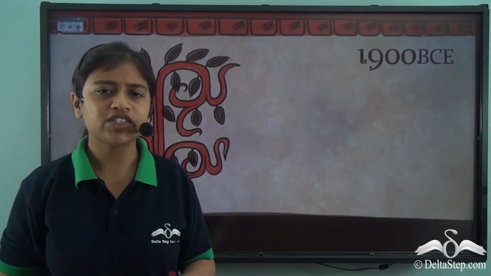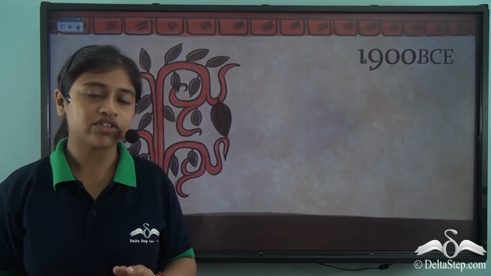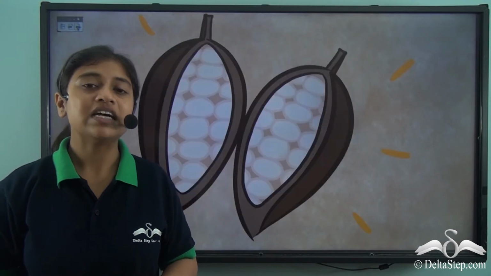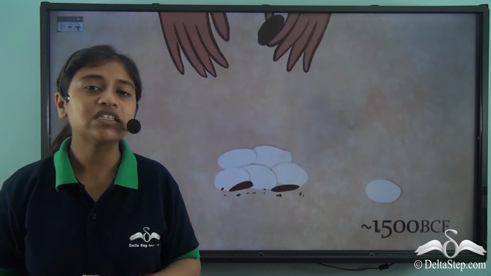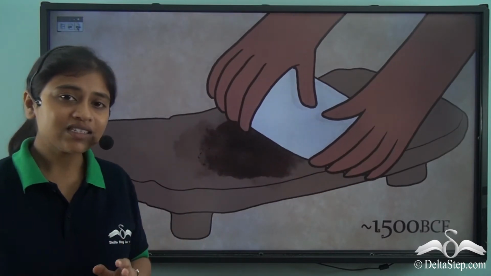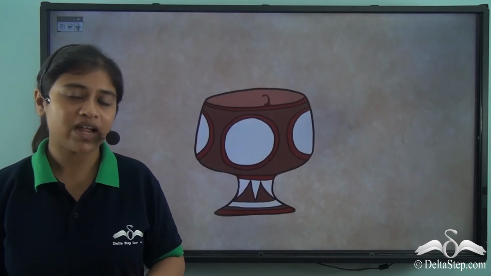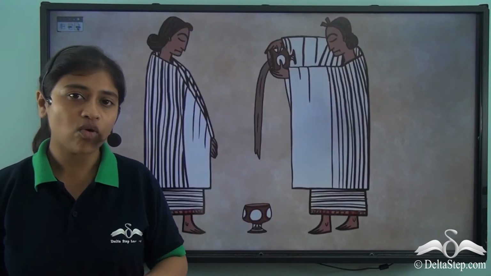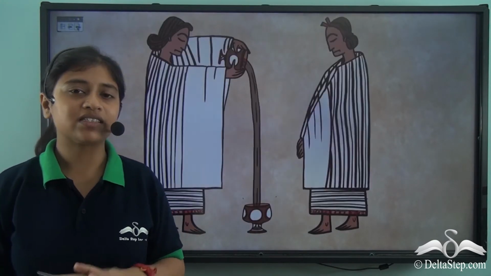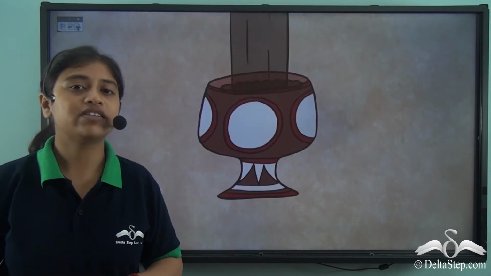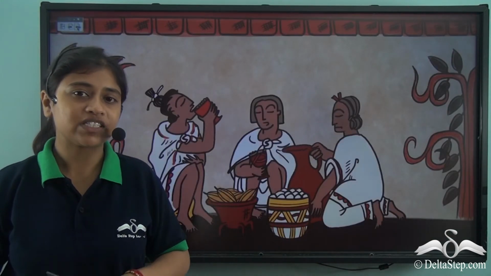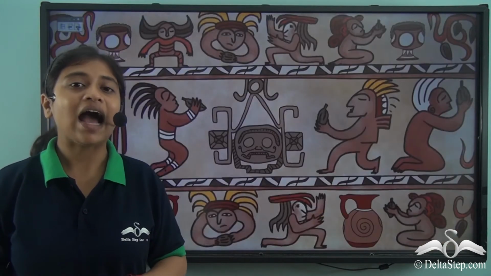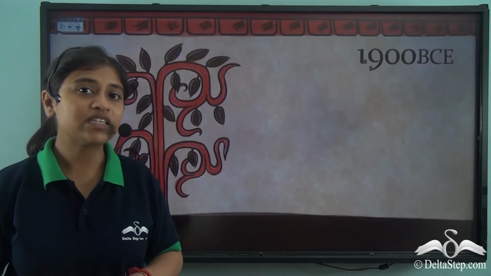The cocoa residue on pottery found in Ecuador, a country in South America, suggests that cocoa has been used for more than 5,000 years. The Aztec and the Maya tribes of South America used to produce and cultivate cocoa, which was used as a ceremonial drink and also as a form of currency. It is believed that the Olmec tribe of Central America still consumes 40 cups of cocoa, and that is the reason for their good health.